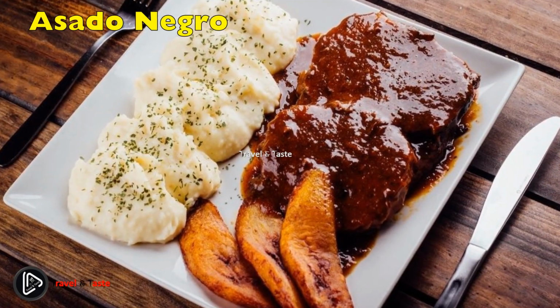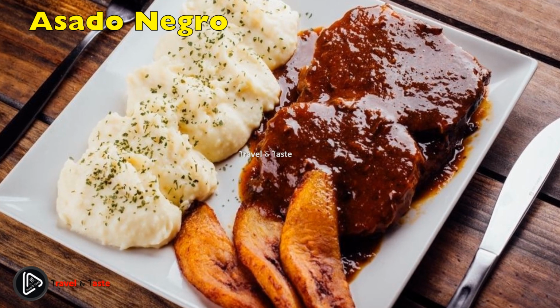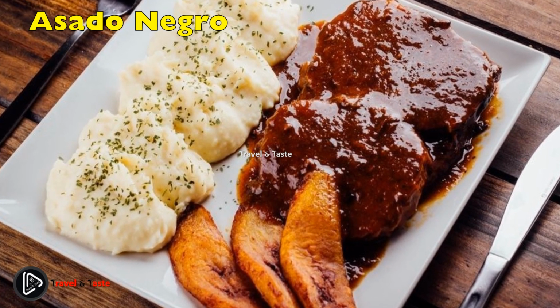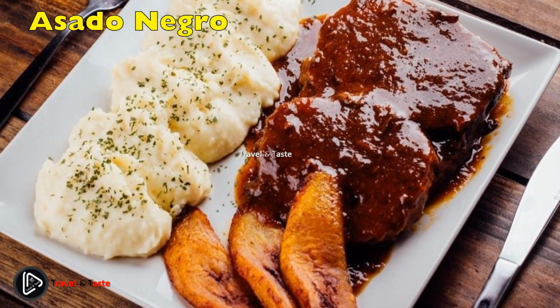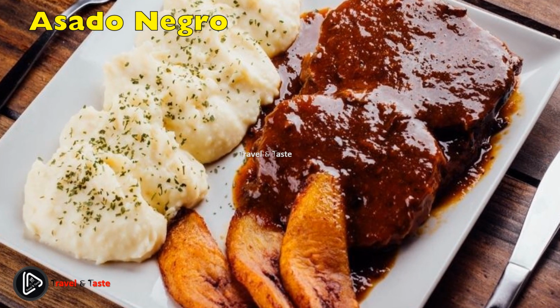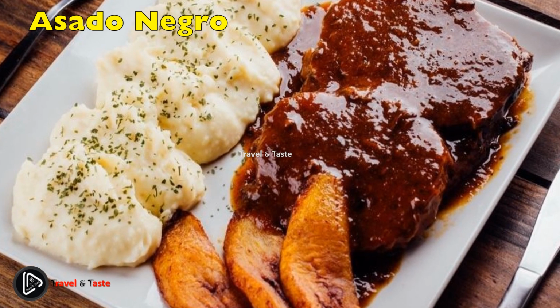Asado Negro. Asado Negro is a Venezuelan dish prepared with the eye of round roast, muchacho redondo. The meat is slowly braised for hours in rich red wine sauce until it attains its typical, almost black color. Although the exact recipe for the sauce may vary, the wine is usually combined with onions, garlic, and various spices,